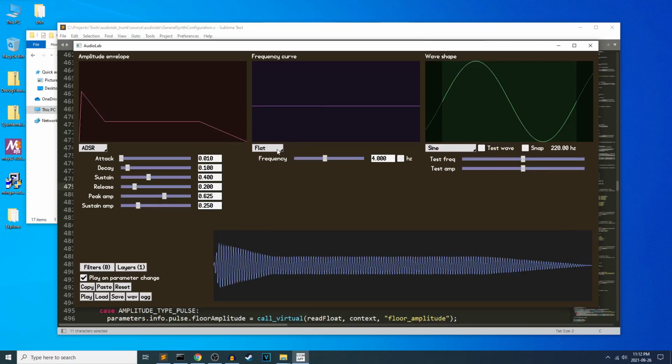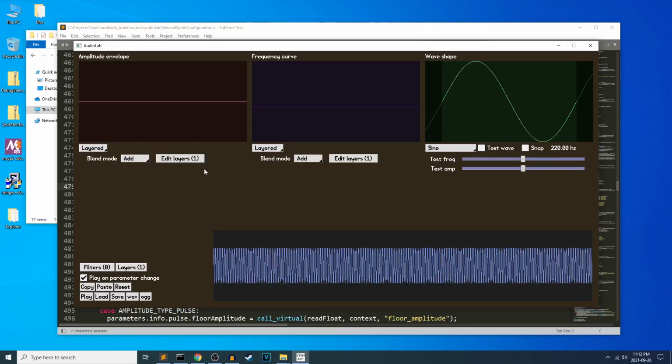Get the frequency curve and amplitude envelope layering. Oh, geez. Working. These buttons just do nothing right now. Right, these two have some different potential blend modes. Min and max just doesn't make any sense for this. Or does it? Maybe I should try it and see what it would do. So anyway,